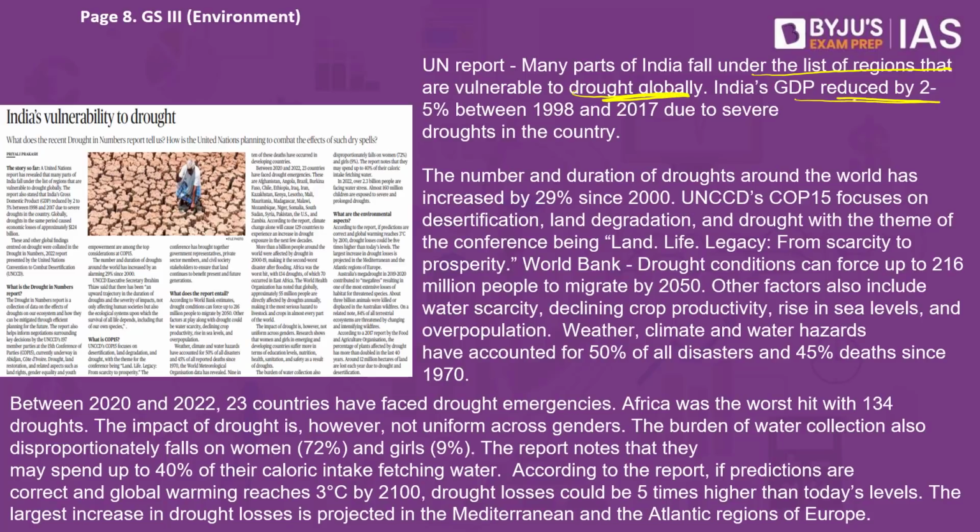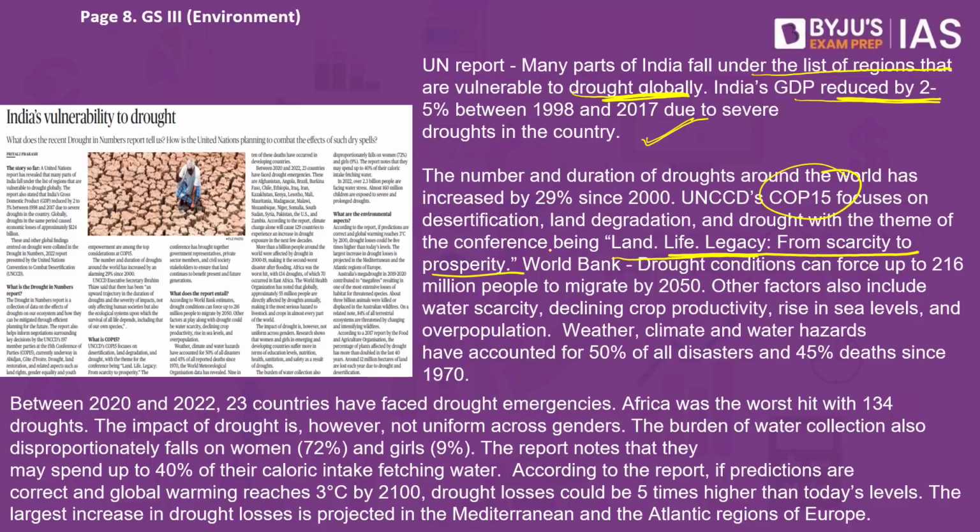India's GDP was cut down by 2 to 5% because of the severe droughts in the country, and the situation is the same across the world. The UN Convention to Combat Desertification, which held its COP15 very recently, because of which this article has been written, has focused on the problems of desertification, land degradation and drought. The latest conference was on the theme Land, Life, Legacy